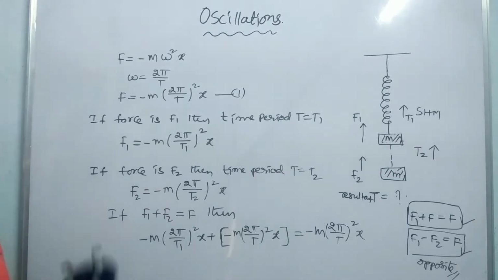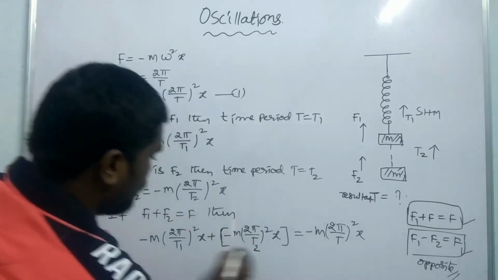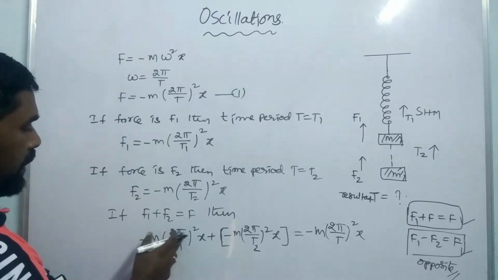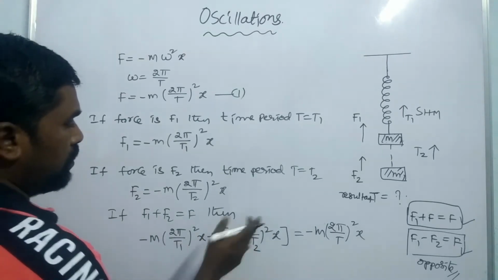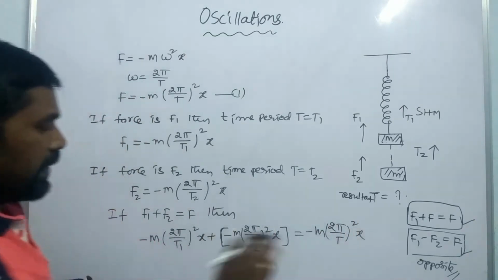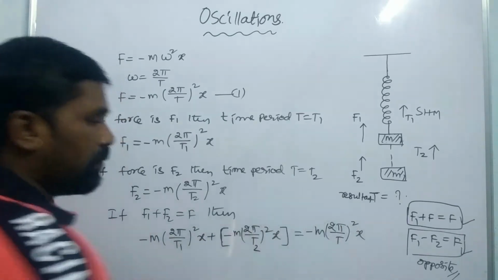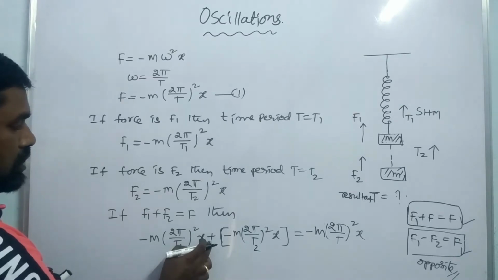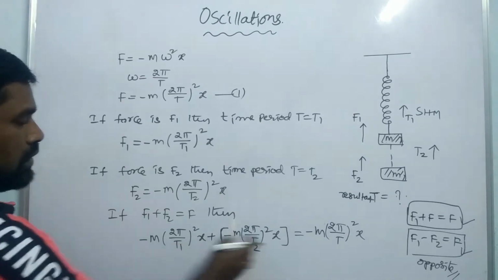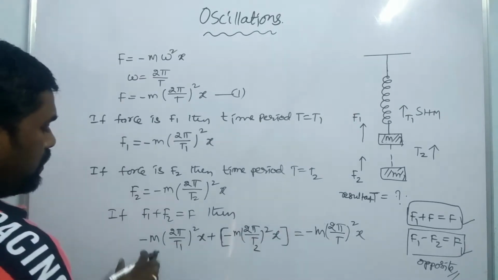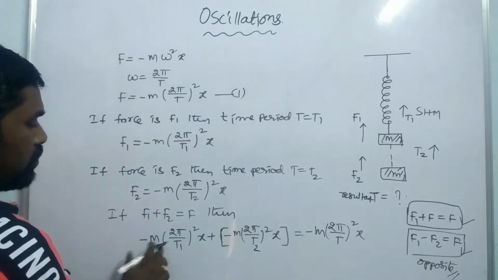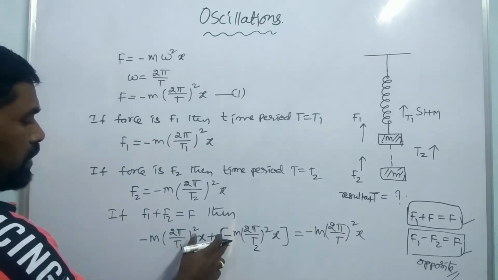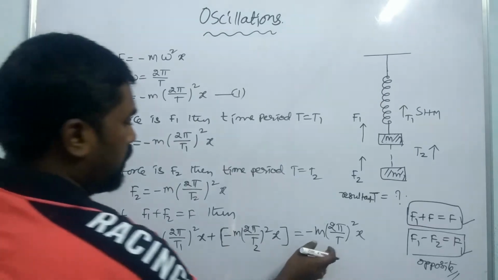Then it will be cancelled to each other. The remaining values are present there. So here it is equal to t2. 2 pi whole square will be cancelled out. X will be cancelled out. So the remaining term will be here plus into minus, it is the minus. Here also minus, the minus will be common. This is also plus and this is also plus here. Okay, clear? So then how can we write that?